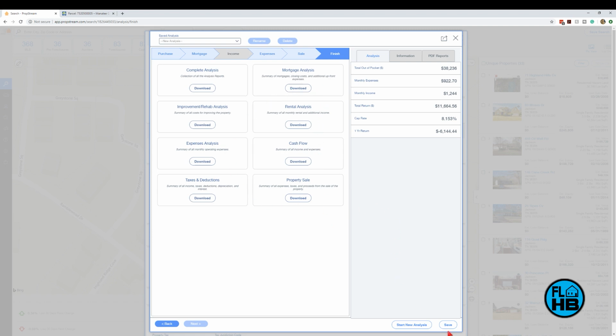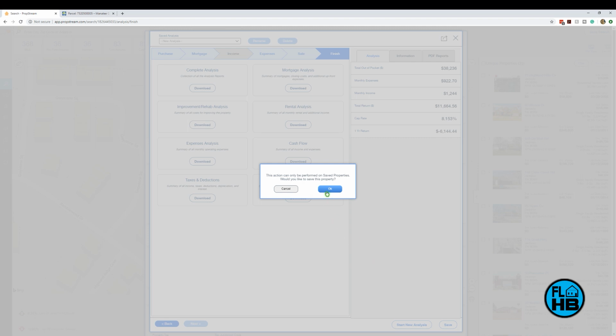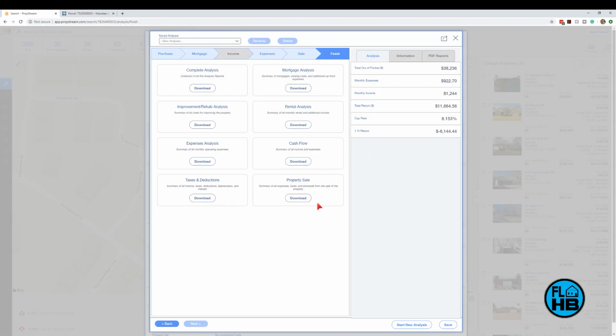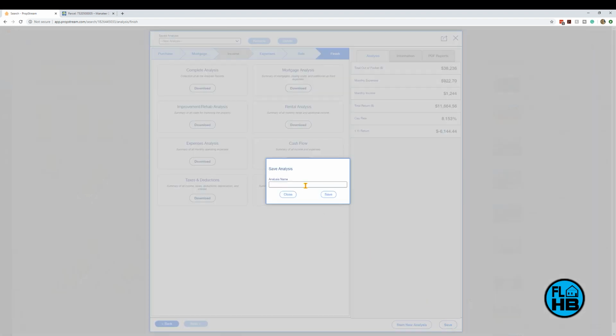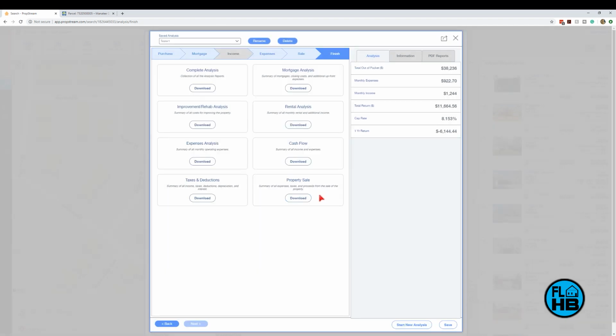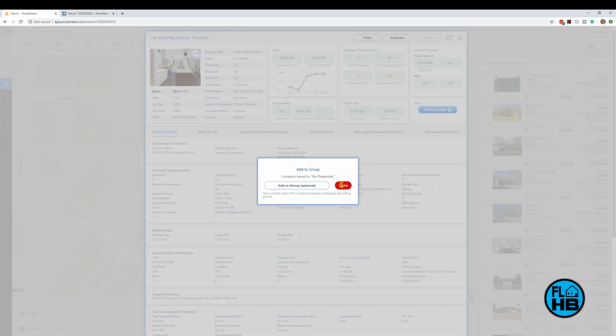So you could actually save this, and it's telling me I can only do it on saved properties. So it's saving this property right now. Analysis name, tester 1. And now we're going to save this. So we can click on these reports, but what I wanted to show you, if we close this out,